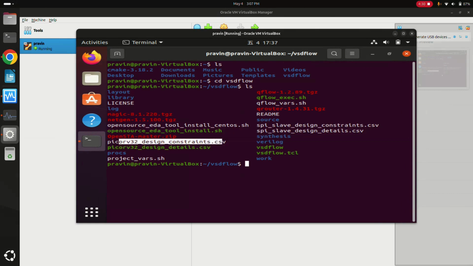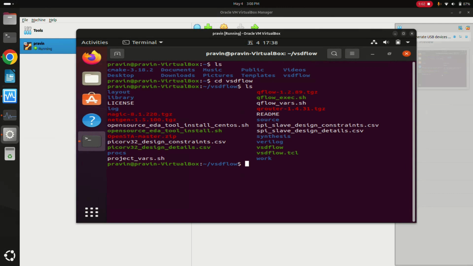You see there are many tools, and here is a Pico RV32 design. This is just a RISC-V RTL to GDS constraints flow. This is useful to just test your tool. This is not a proper way to do the RTL to GDS flow. Just use this to test whether the tool is working well or not. If the Pico RV32 completes from start to end, the tool is installed well, or else you need to reinstall